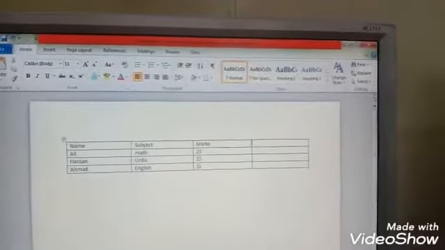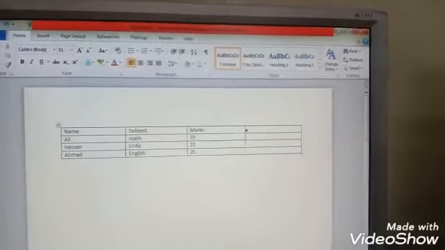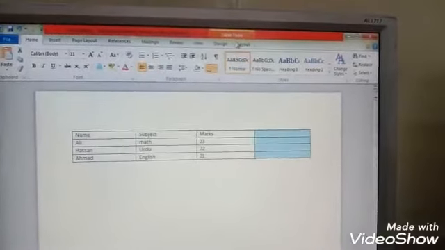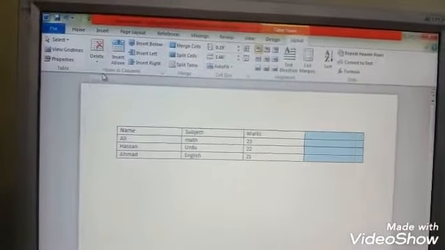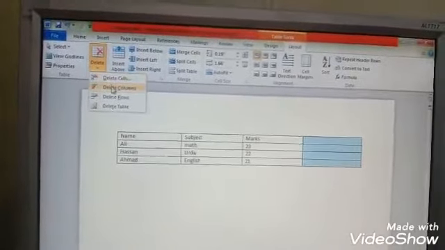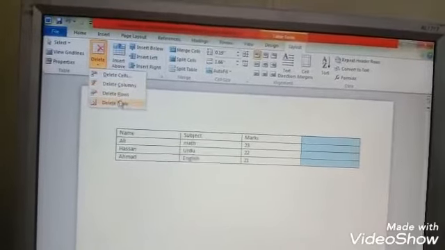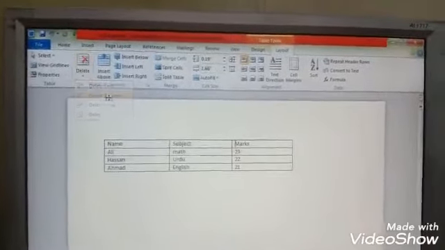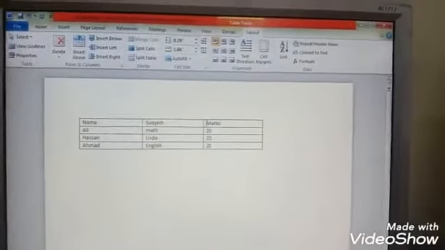Now we are going to perform by practically how can we delete a column. Select the column. Click layout tab. Click delete from rows and columns group. Select what you want to delete, row, column, cell or table. Delete column, you can see the selected column is deleted.